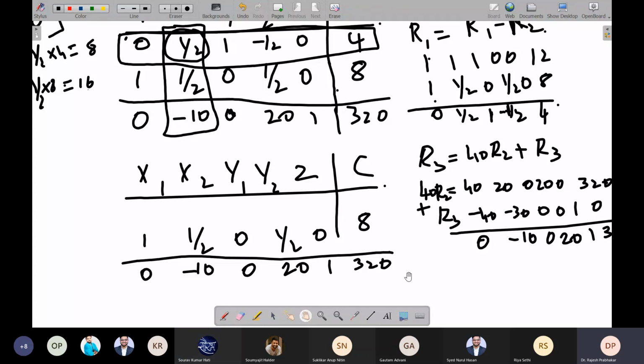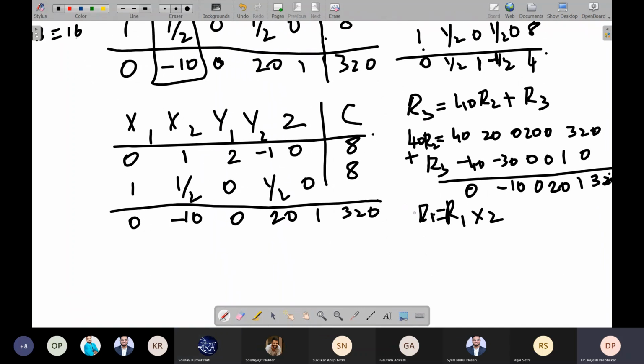Okay, sir. I am multiplying row 1 with 2. R1 is equal to R1 into 2. So this will be 0. Half into 2 will be 1. This will be 2. This will be minus 1. This will be 0. This will be 8.